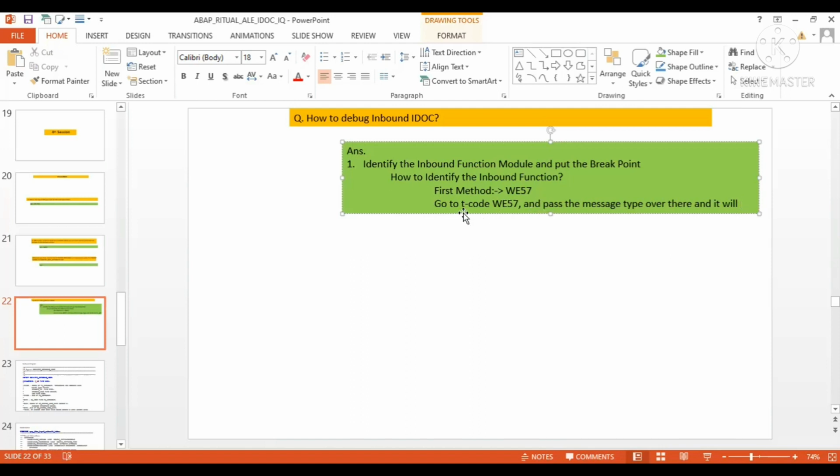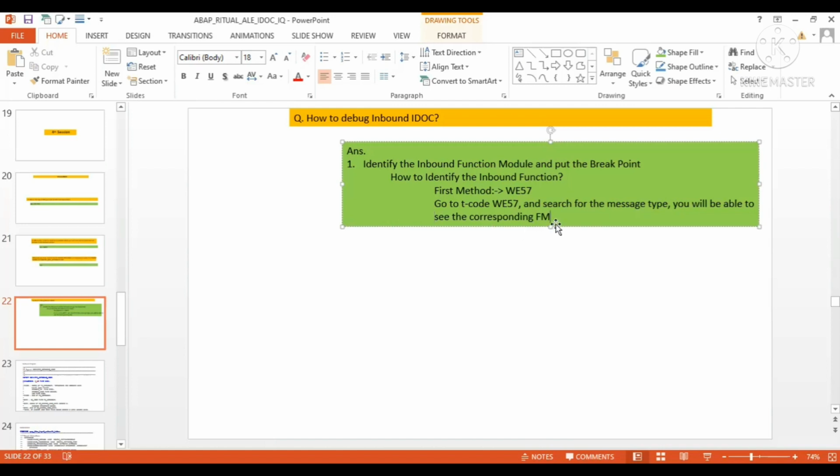So go to WE57 and search for the message type. You will be able to see the corresponding FM, right? So you got the inbound function module. This is one way which is very frequently used.